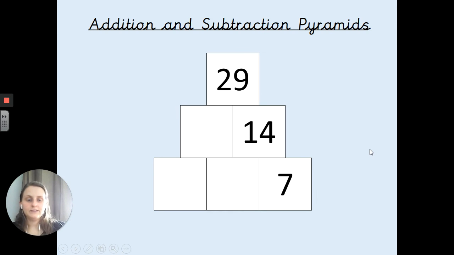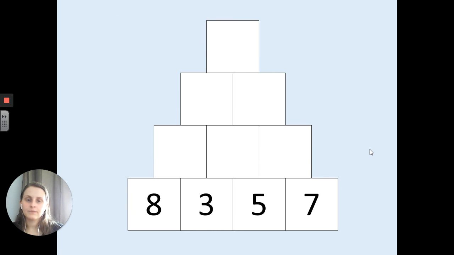Okay, time for the answers then. There you go. Okay then, so now nice and straightforward. This one is a bit bigger this time, so we've got an extra row, but nice and straightforward because